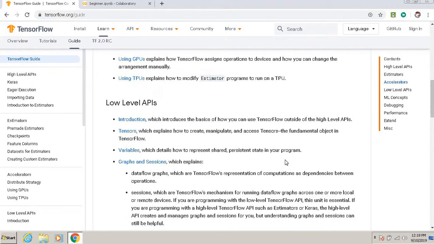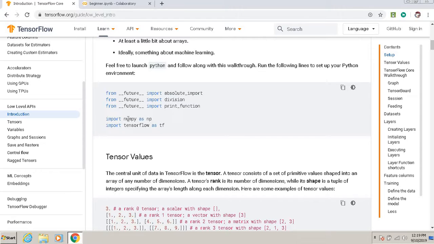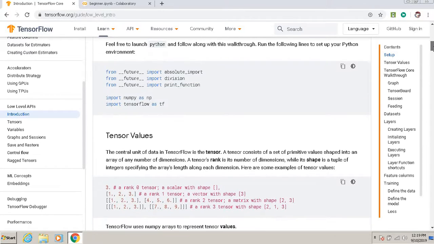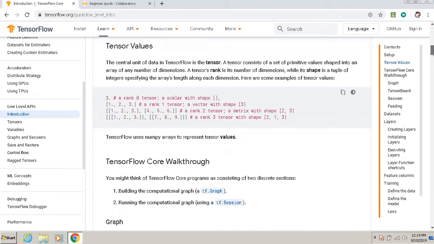Now we have to talk about low level APIs. So introduction to low level APIs. Low level APIs, actually we have to go for the tensor value. Now what is a tensor? Tensor is an element of multi-dimensional matrix.